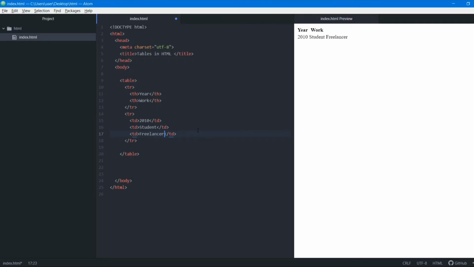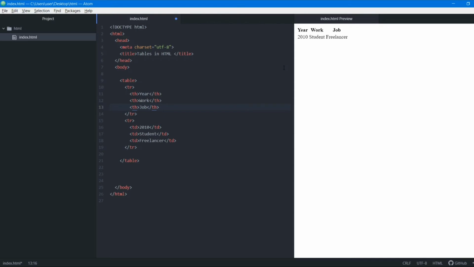You can see that it will appear after student, but it won't have a section to go to. If I add one more th tag here that says job, then it will go to this job section. That job is freelancer. Get it? Okay, so now this is what we're going to do. We're going to properly format the skills that we have.